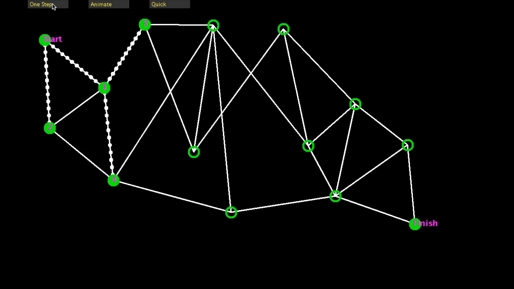Now from 2 there's nowhere new to look. I can go to 1 or to 4 or back to the start, but I've already found all those paths, so I want to go to the empty vertices. So it'll skip over 2 and go to 3. And then from 3 it found 5 and 6, but that still didn't make it to the finish, so now